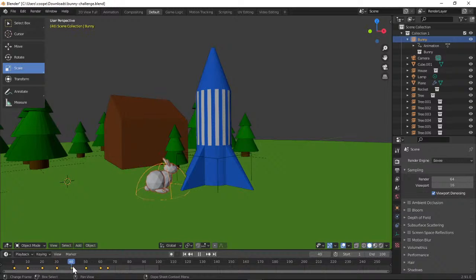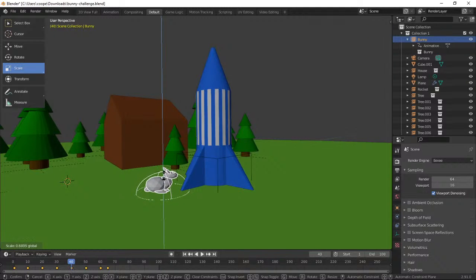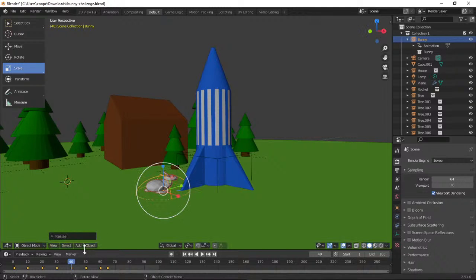Okay, what about this one before he jumps into the actual rocket? We'll have him do the squish thing then. I think that would be funnier because he jumps, squish, and then the big jump into there. Okay, so let's see if we can do that. So let's scale it down. So right about there. And then,